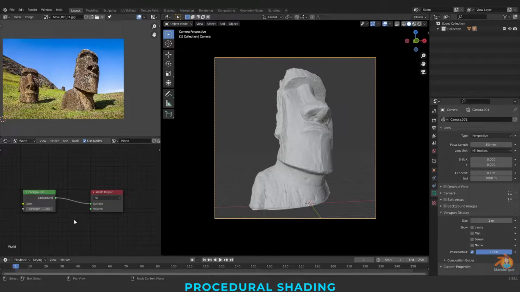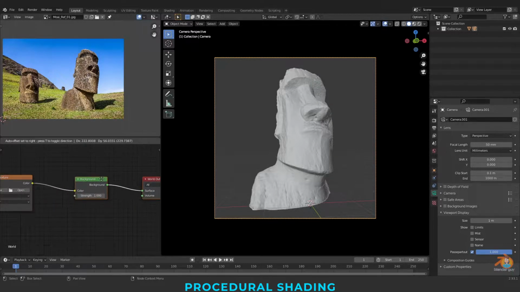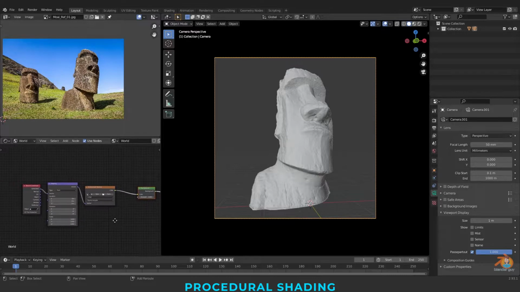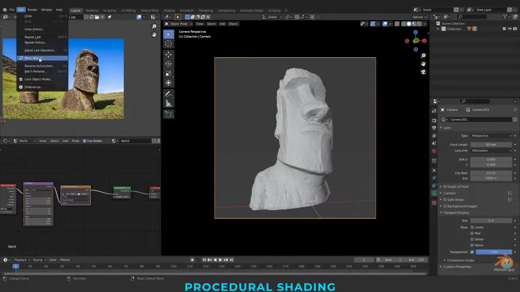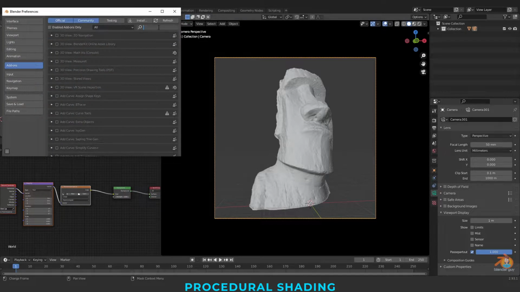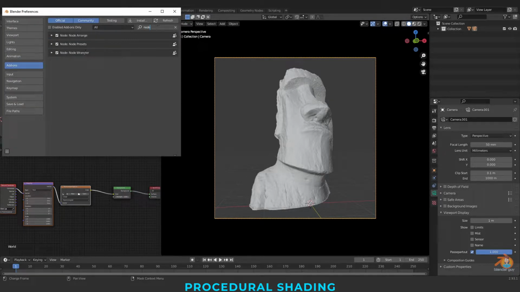It's a 360 panorama image which has brackets of images. Let me quickly load it. Just clicking this and Ctrl T. If you are not getting these three, make sure you go to Edit, Preferences, and the Node Wrangler add-on is switched on.